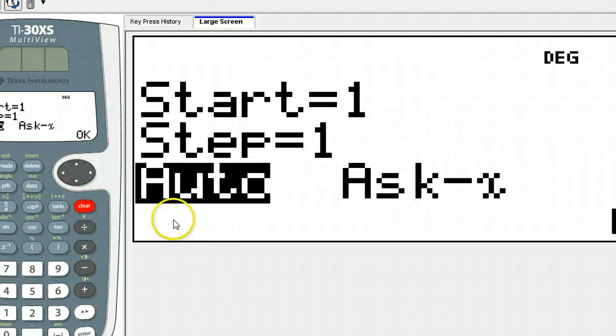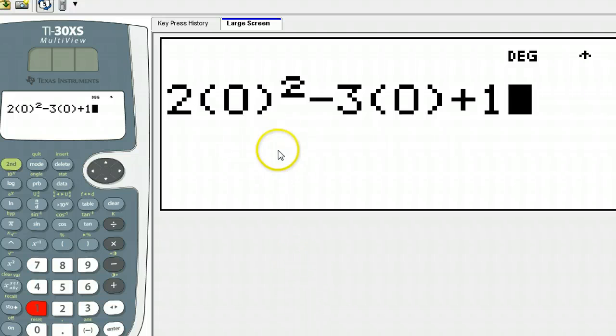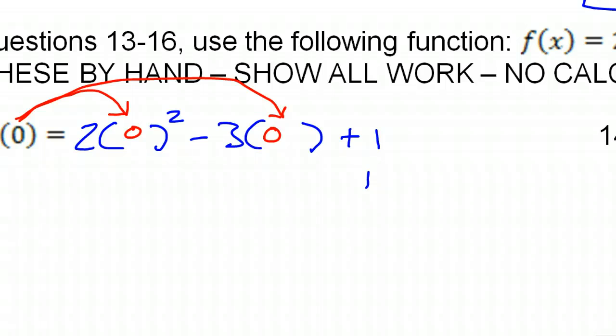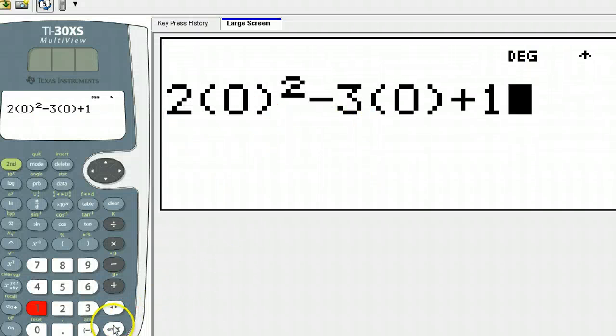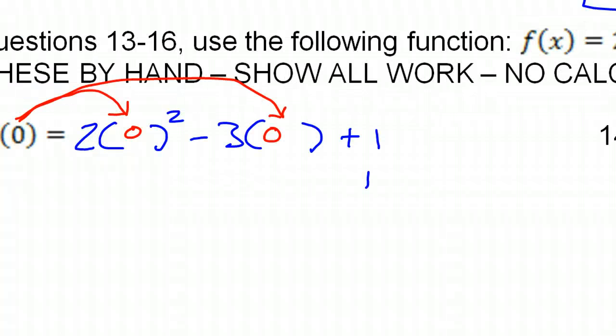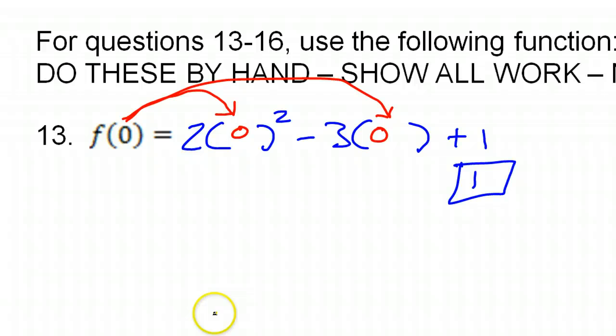1. Okay, moving on. Sometimes they ask you to show the answer as an ordered pair. As an ordered pair, this would be 0, comma 1. The 0 is coming from that, and then the 1 is coming from your answer. So this is how you would write it as an ordered pair. Now, number 14. Again, we're doing 2x squared minus 3x plus 1, but this 4 means we're going to put